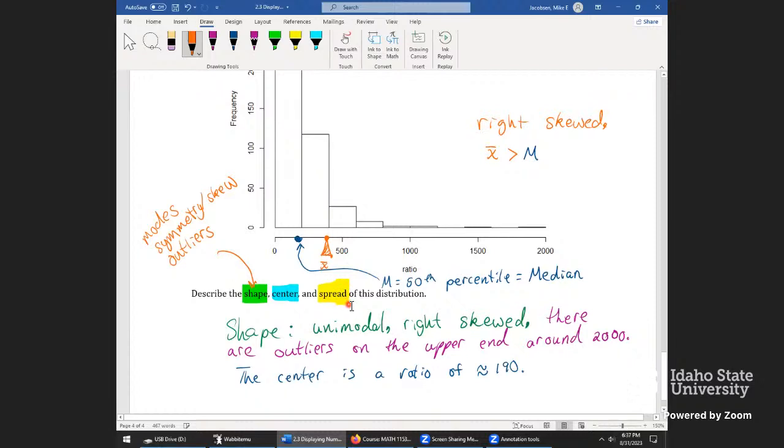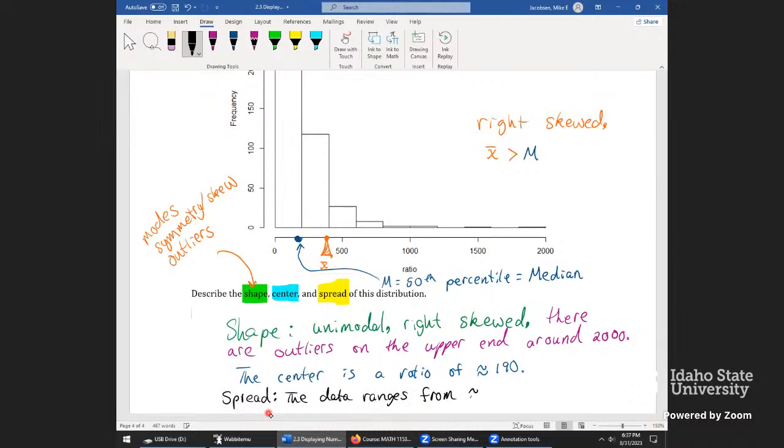And for spread, well, spread is a little bit tricky with where we're at right now. We did it once on our first data set, but we just mentioned where the minimum goes and where the maximum goes. We'll do that one more time, and then in chapter 3, we're going to improve on describing how spread out data is. So last one, I'll just say here, spread. Once I spell spread right, one more try. And I'll just simply say the data ranges